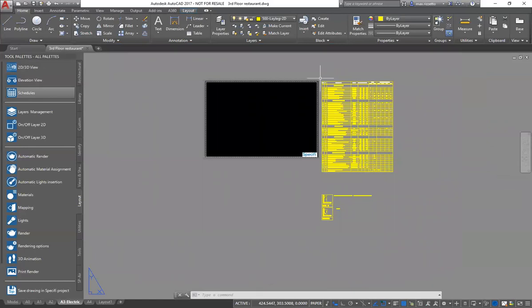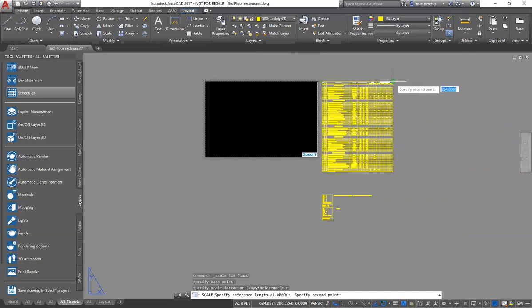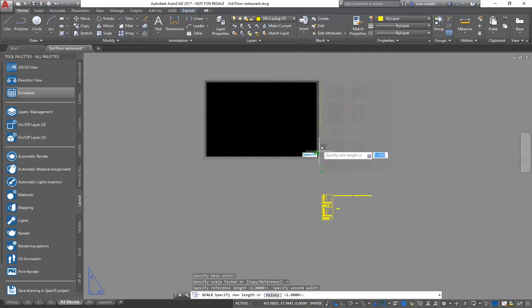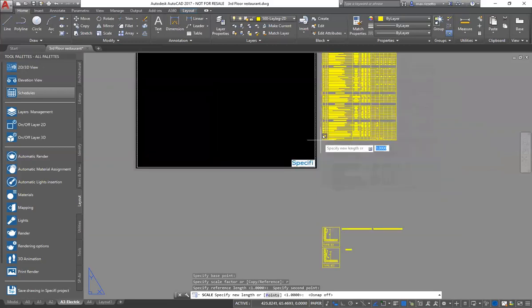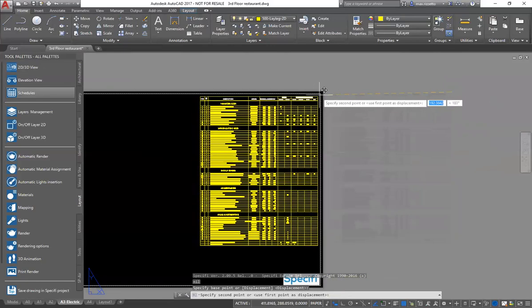So now I can select, and I can choose, for example, the scale command. I can choose a base point, and with R for reference, I can choose, for example, the height as a reference, and you can choose if you want to reduce it, for example, in this way. Now I can move it inside my drawing,